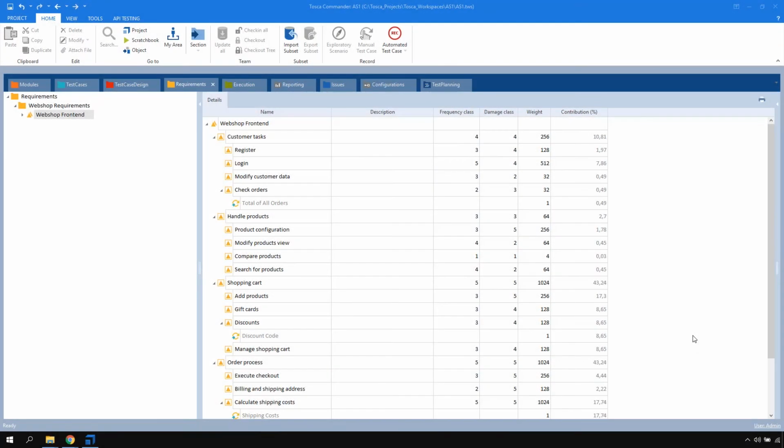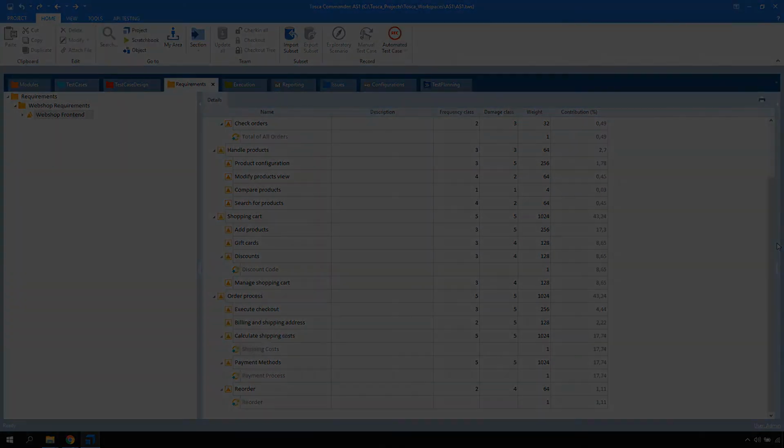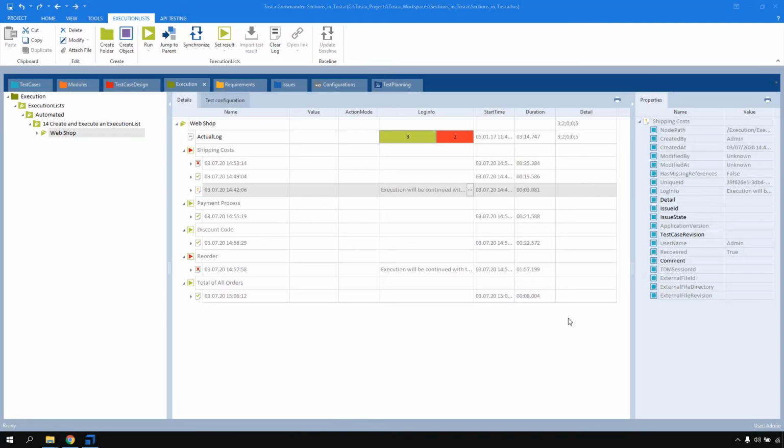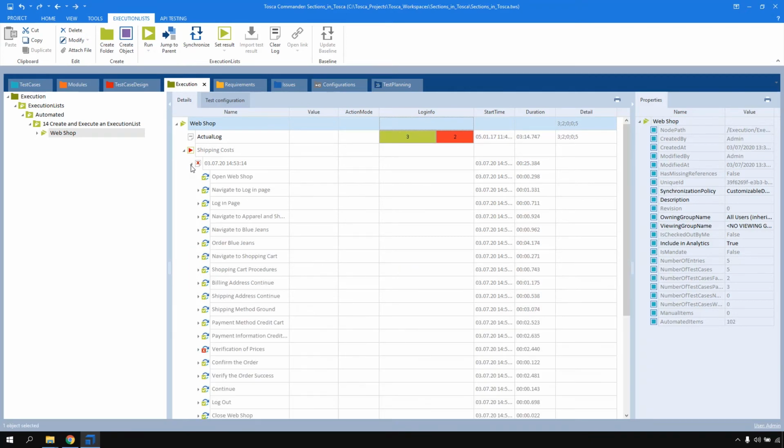Ultimately, we want to have a clear overview of which test cases linked to certain requirements passed or failed in execution. For this, first we need to cover the green section in Tosca. This is where the actual execution of our test cases is performed. In this section, you can see the logs and results of your tests. For instance, you can see the results of each test step,